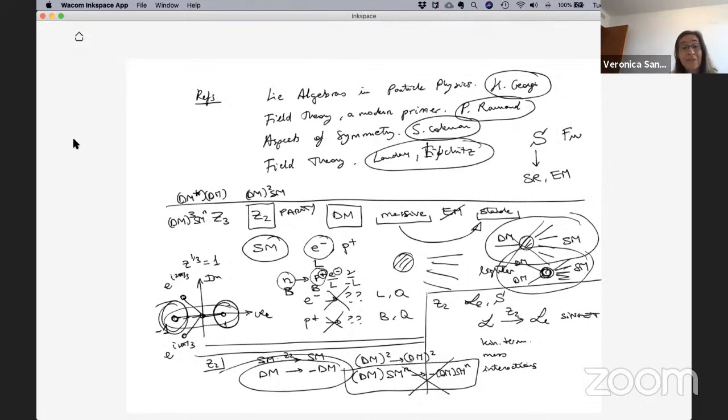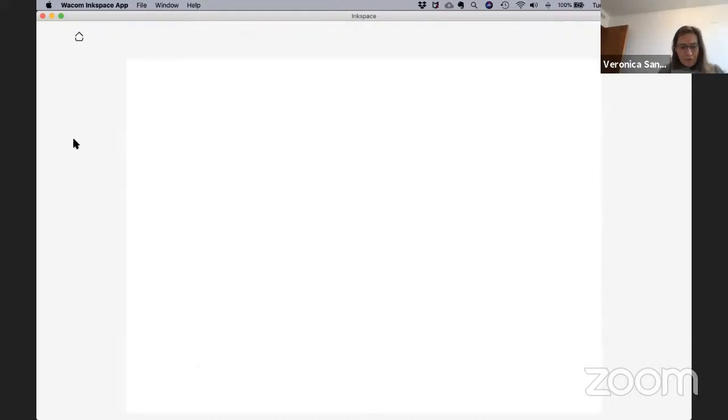So the annihilation, the history of dark matter, will change depending on whether it's Z2, Z3, or any Zn that you're using. Okay, so there are differences, and you can use these symmetries to ensure the stability of dark matter. And this is typically what you would do: make sure that your dark matter is stable through some simple parity or something more complicated. Okay, so now I'm going to move back to